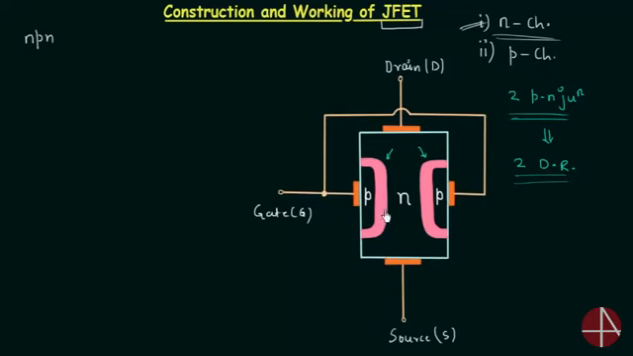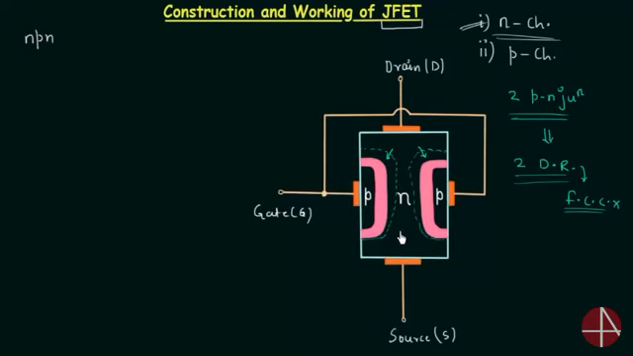The pink portion in the construction is the depletion region or depletion layer, and we already know the depletion region is depleted of free charge carriers. There are no free charge carriers in the depletion region, so it will not help us in conduction. And if you increase the width of the depletion region like this, then the width of the n channel will reduce, and because of this there will be obstruction in the flow